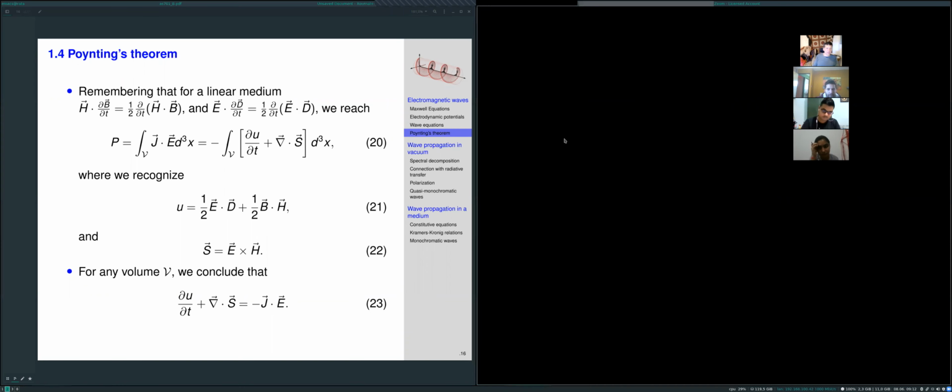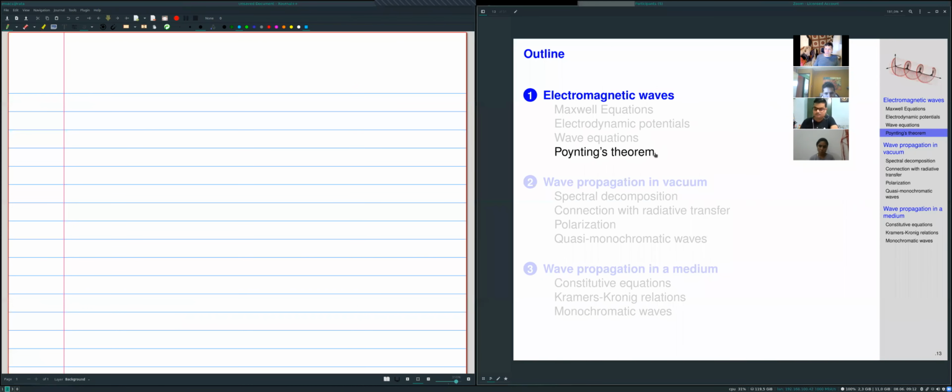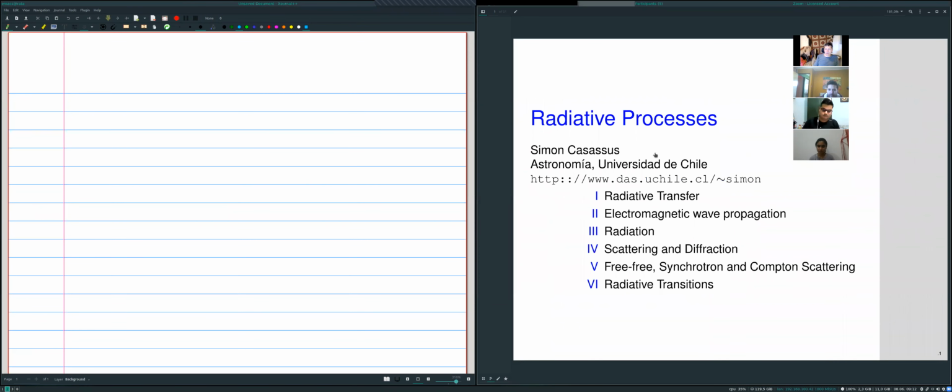So we are back into the course here. Let me move this there. Okay. So chapter 2. So this is the outline of the course. You see, there are lots of topics to cover. We only did the introduction to radiative transfer,